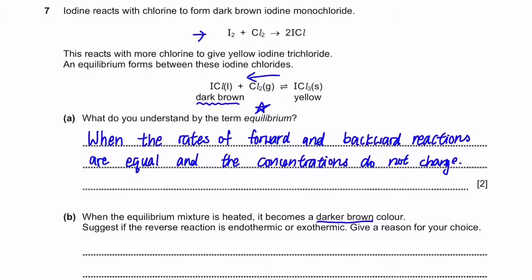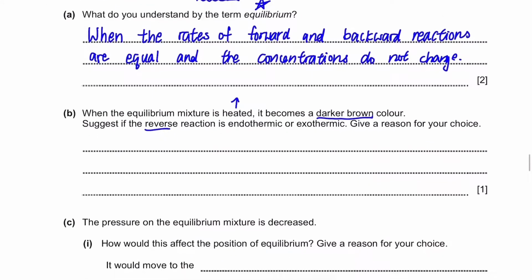And the thing about equilibrium is that they will act in an opposite way to what's happening. So in this case, when the temperature was increased, it has done something to decrease the temperature back. Therefore, we can say that the equilibrium shifting to the left is decreasing the temperature, meaning they are endothermic. The question asked about the reverse reaction, which is the same thing as the equilibrium shifting to the left. So you can put your answer as